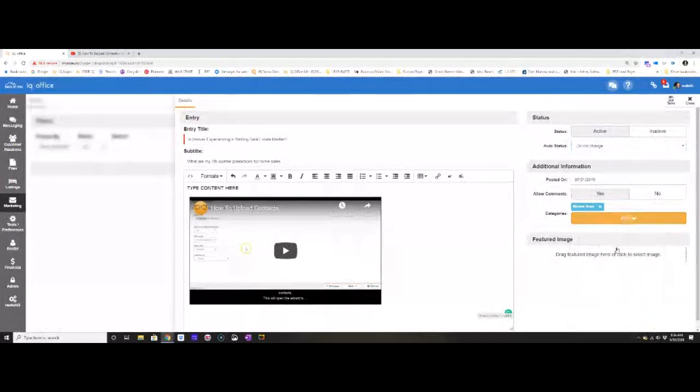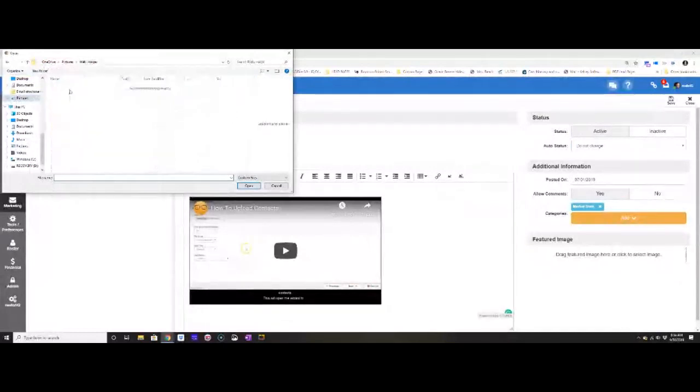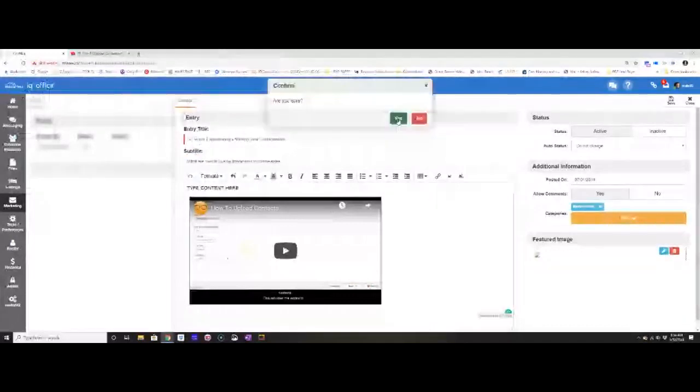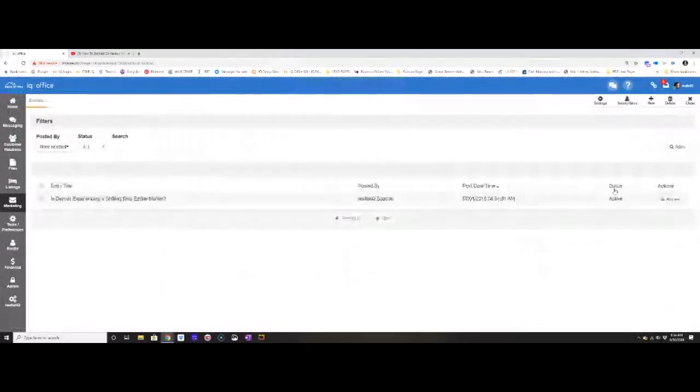And then you can also have a featured image. So you can go in, you can say, hey, I need a featured image. I'm trying to find a photo to put in there. Drag that image into this box. You can then edit it if you want, change that photo, delete that photo out. Once you're done posting it all and you click save, then when you click close, that blog title is here for you all. So any questions about going in